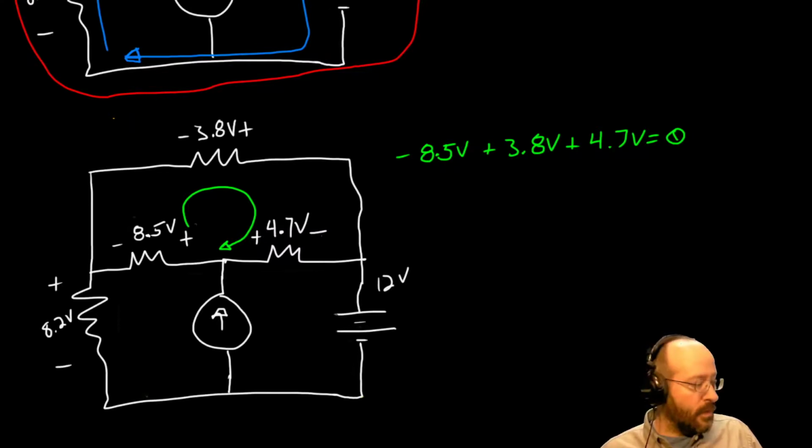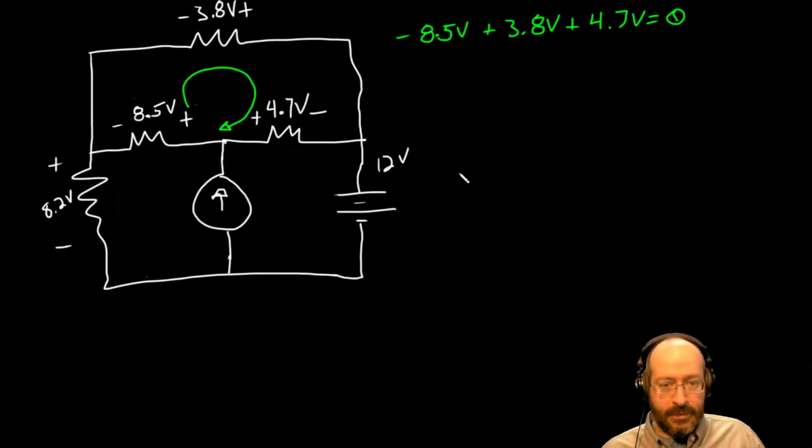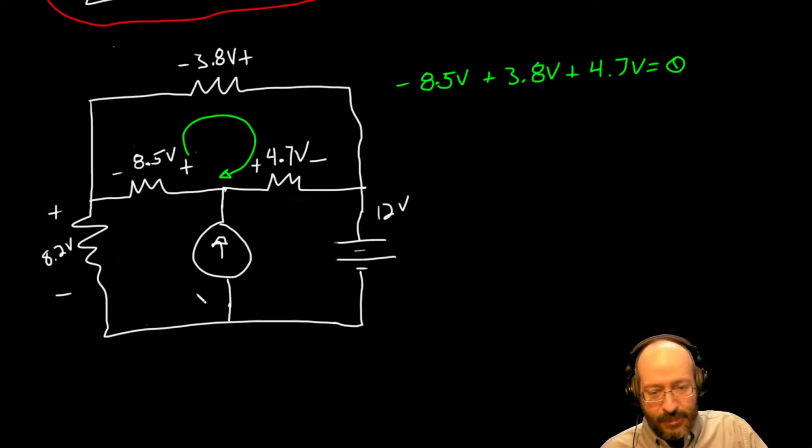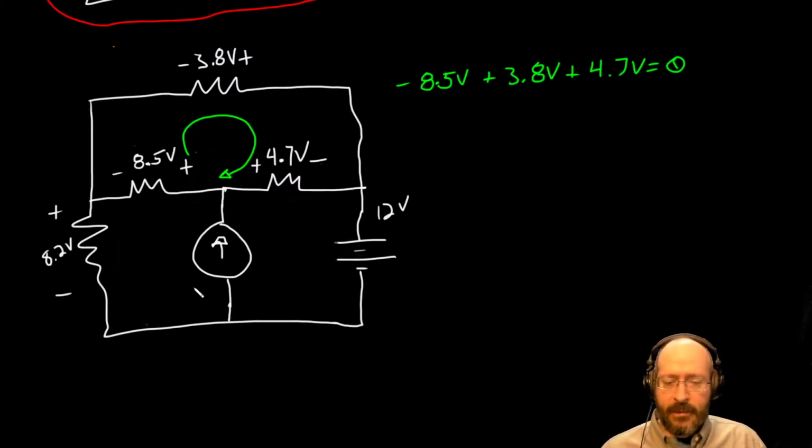Okay, now you'll notice the one component that I haven't labeled. Oh, I should have copied it again. The one component I haven't labeled the voltage for is the current supply. A lot of people starting out assume that there is no voltage across it, and that's simply not true. For current to flow, there needs to be some voltage to push the charge through the device. So it has a voltage across it. We don't often think about it, and we can go find that voltage by writing a KVL that includes the current supply